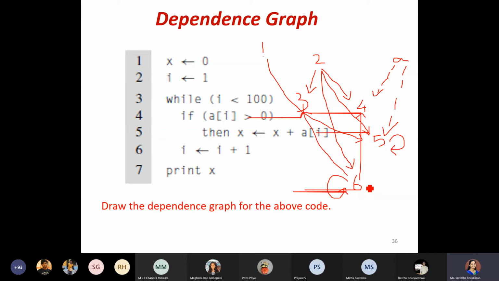After that, in the fifth line, that is x equals x plus A of I, the first time you had taken the I value from node 2, but next time onwards you will be taking it from node 6. So you will have an arrow drawn from 6 to 5.